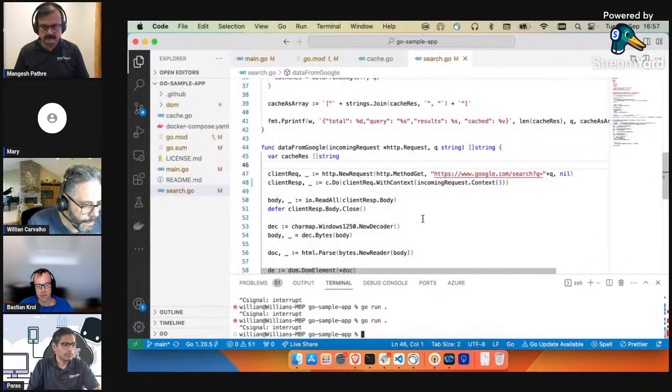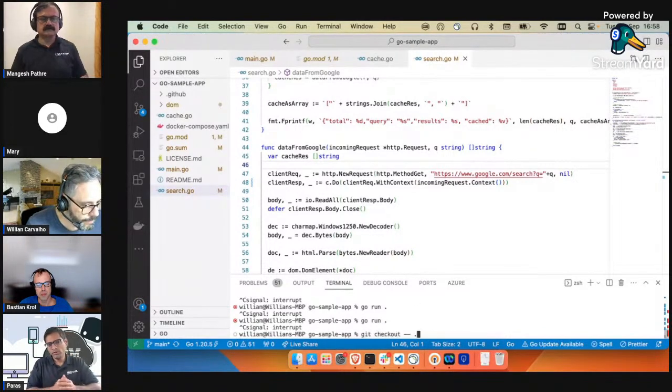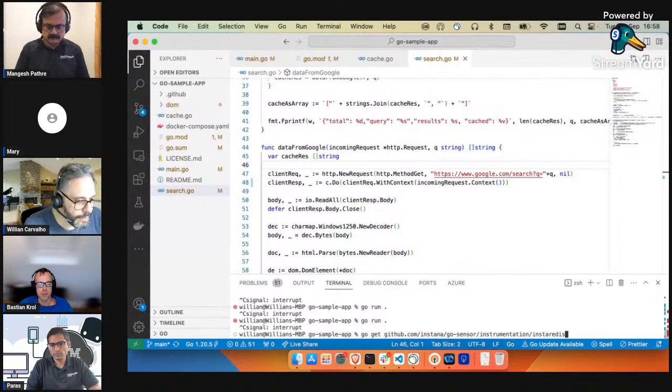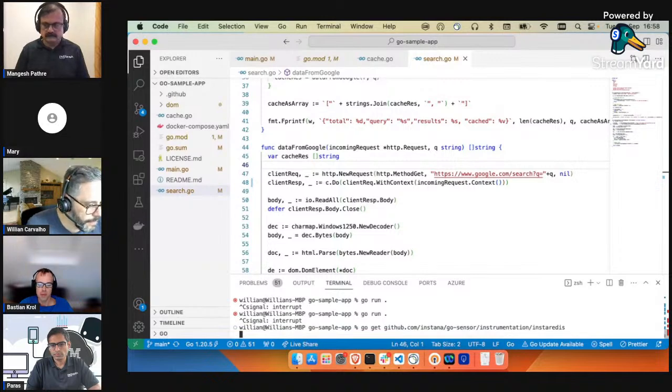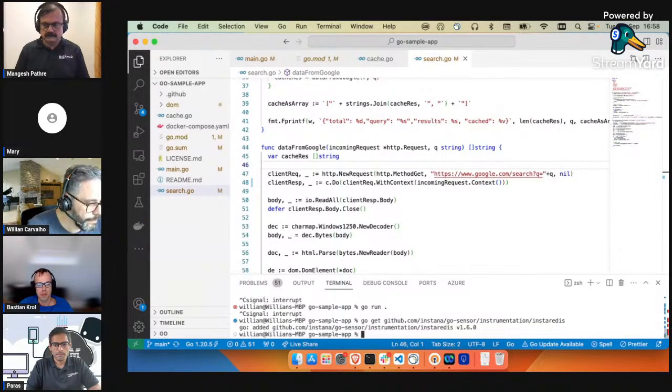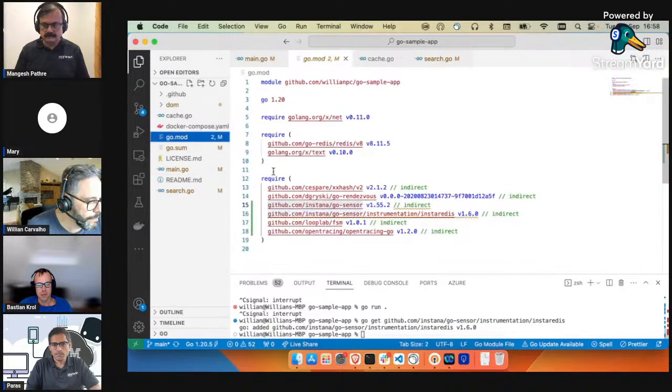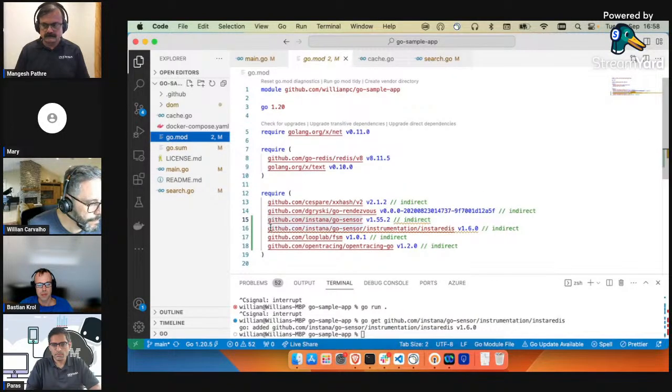I'll stop it again. So for the Redis one, we need to install Redis first because it's a third-party thing. So you do a go get to this package, install Redis. Then we can import it.